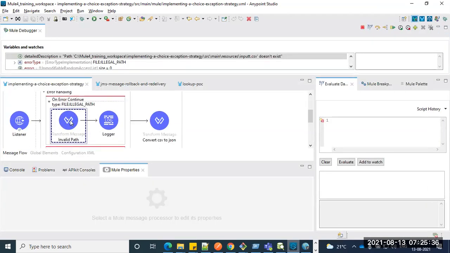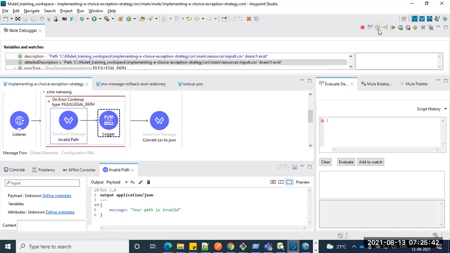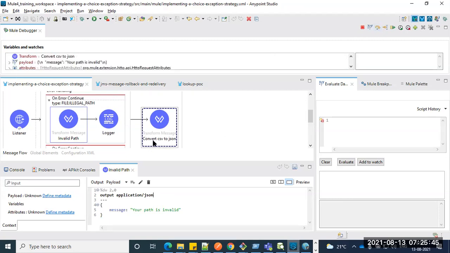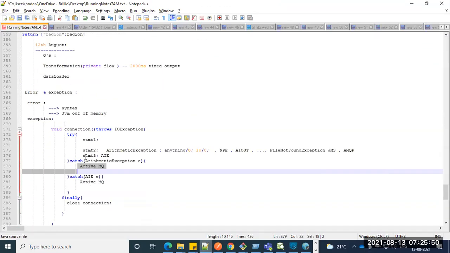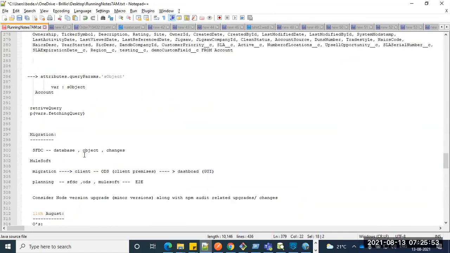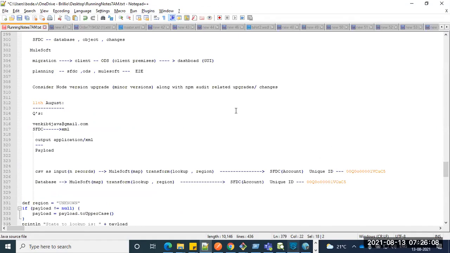So what you're trying to do here is inside we are making some logic again, and it will get executed. If you understood what we discussed earlier, even though I'm getting an exception, I'm not stopping the user here. I'm not breaking that. It's going smoothly to the next level. You can see the output. We are clearly saying, boss, it's an illegal path, your path is invalid. We're not stopping this transaction, we're not breaking the transaction.